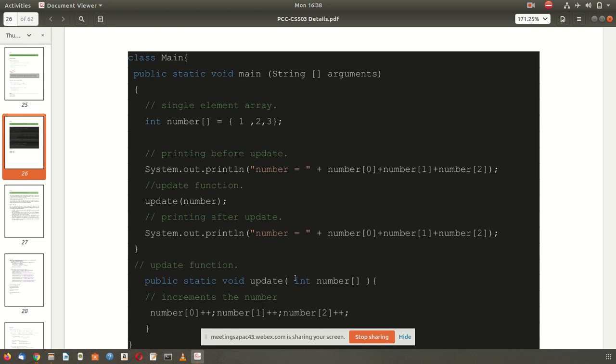When we create Java data, we generally write the new keyword, whether it's an array or string or class object or interface. It is a practice, and if we follow it, it is better. So when we use the new keyword, it is new for me. When I again use the new keyword, I again get a new array, a new memory location.